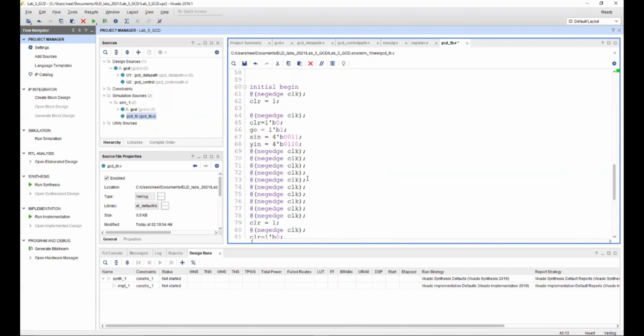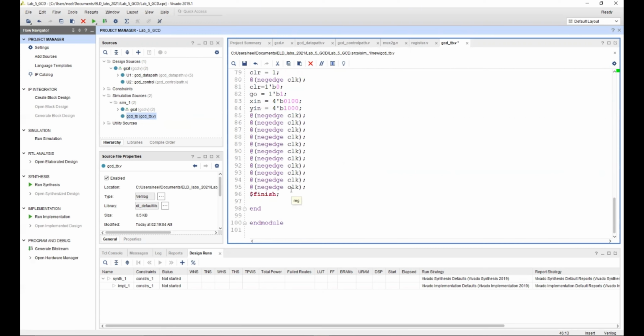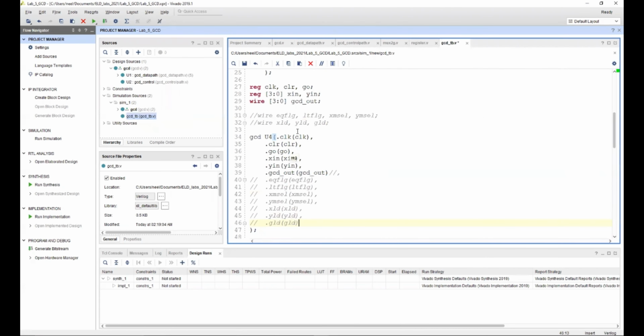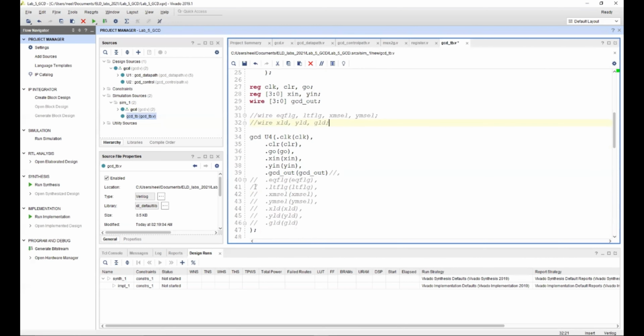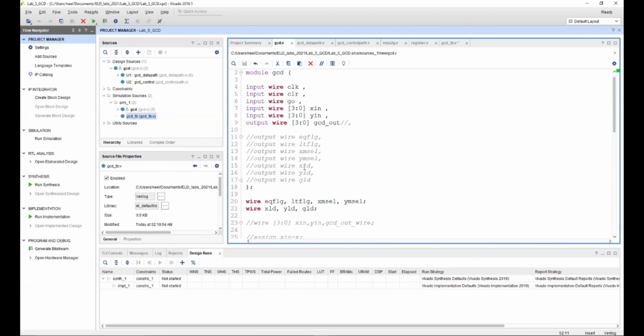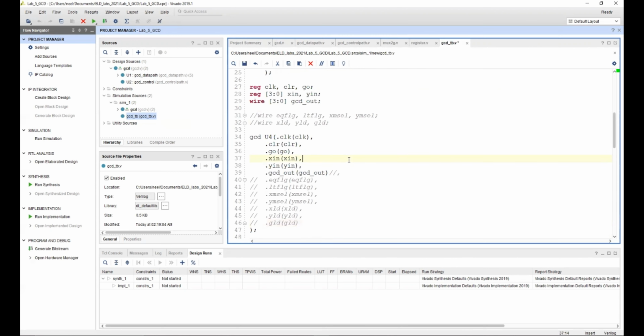But make sure you initialize properly. You also need to uncomment this part, initialize this properly, uncomment over here, and comment this part out. You cannot initialize these two at the same time. This is important for you to understand.